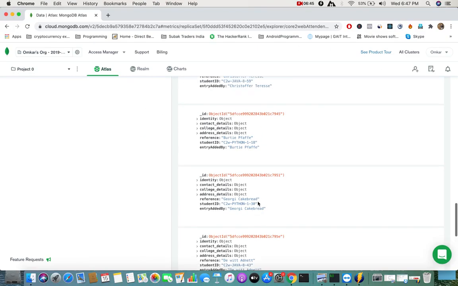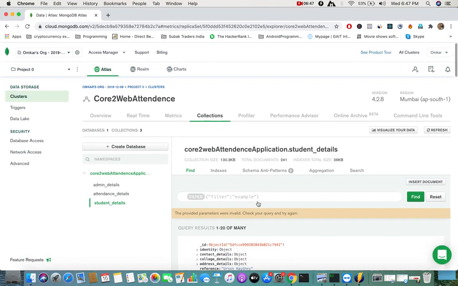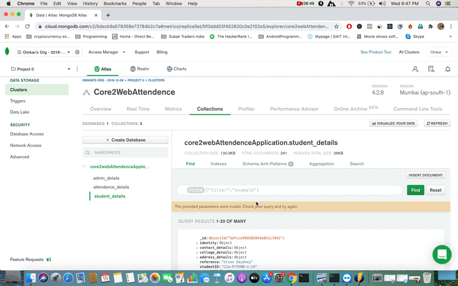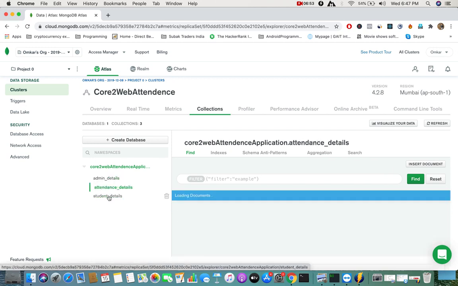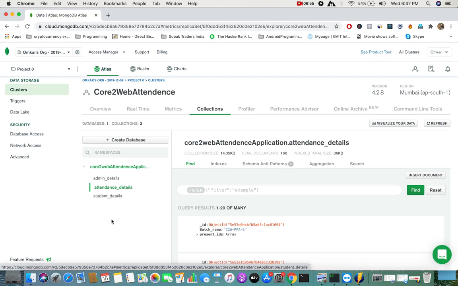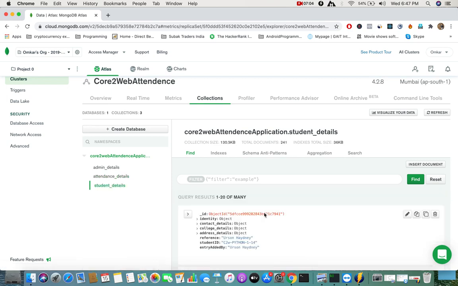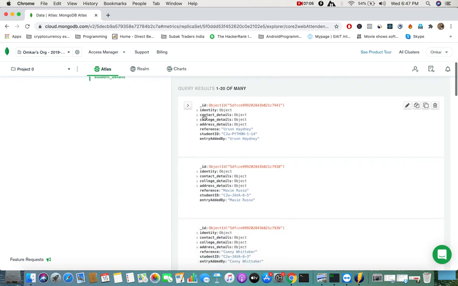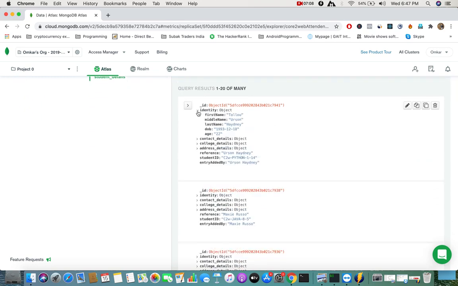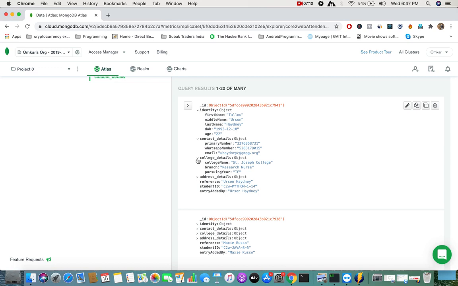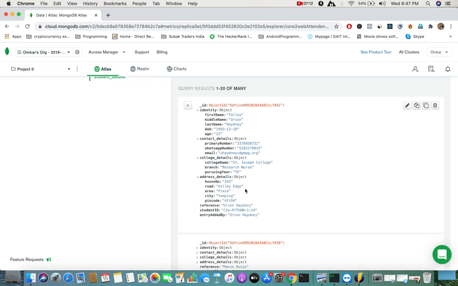Now you can see the database. It's a MongoDB database, and in that database we have created 3 collections. One is for admin, one is for attendance, for bookkeeping or for tracking the attendance and accumulating the daily attendance. Then student details is another collection where we store all the information of students, and it also has nested collections in it.